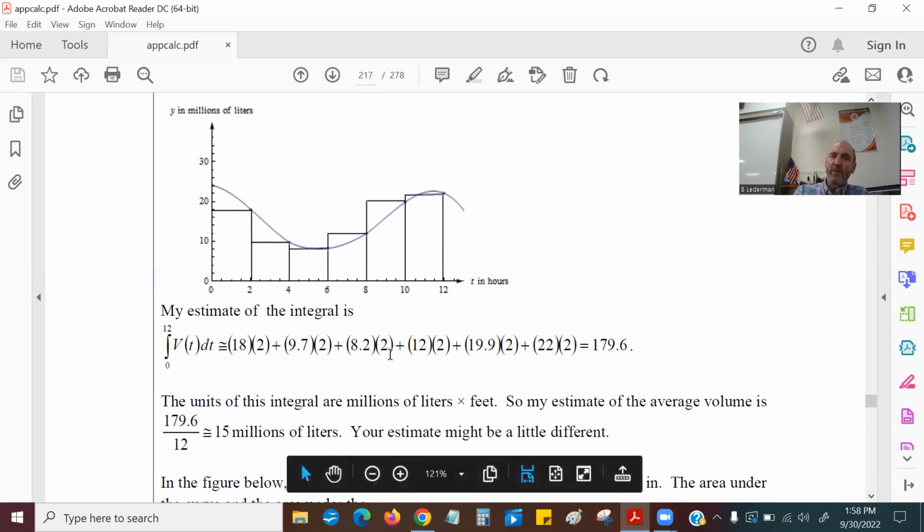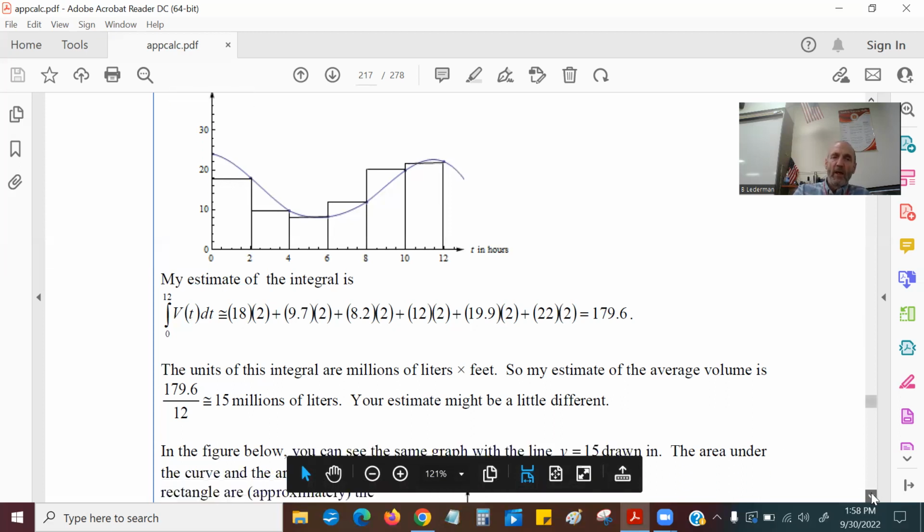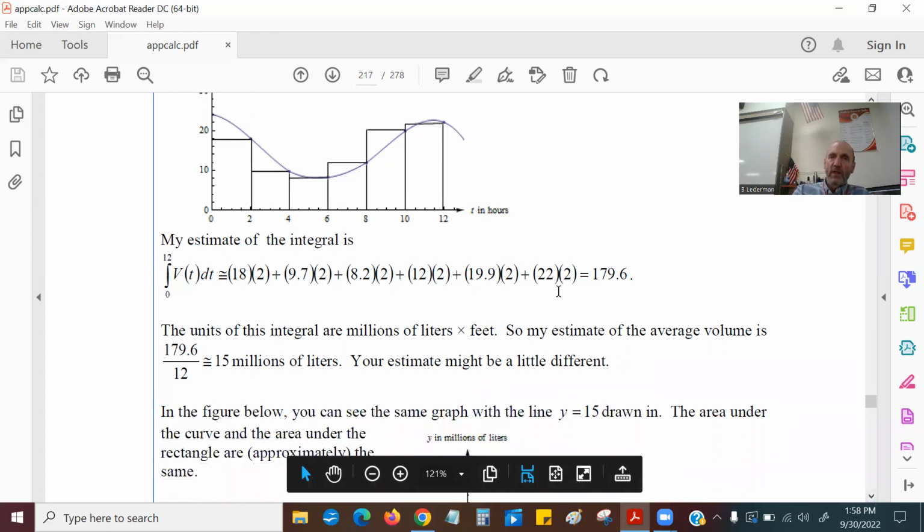I can't tell you the exact amount because I don't know what the function is. Anyway, let's go do